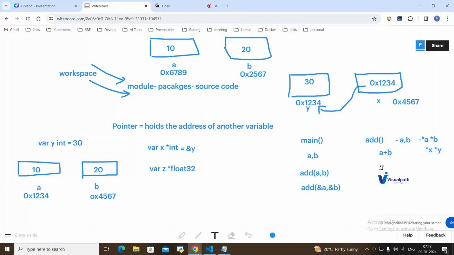For example, you want to change the value now. Currently we have the value of A, which is 10. When you want to change it, you will be using some operator to access the value inside this A. So now you can change the value inside the add function. When you change this statement from 10 to 20, it will override the value. That means it is happening in the same memory location. I'm not creating any separate location here in the memory. So the pointer will